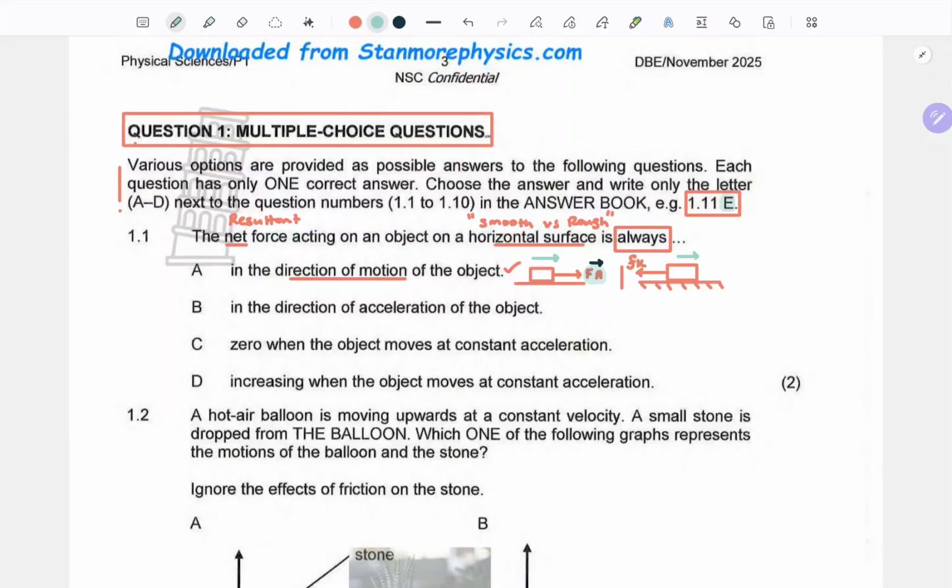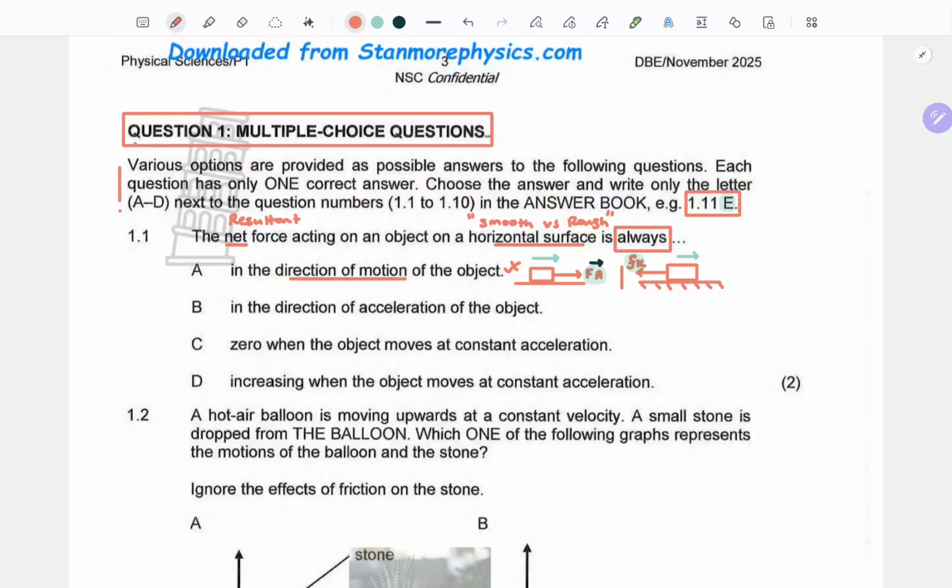Right? But now here's what we realize. We realize that our frictional force is in the opposite direction to that of motion, and it is essentially the resultant force in this case. So we can see that, well, since the surface was not clarified as to which type it is and exactly what was happening in this scenario, we can say that this is both a yes and a no. So this is a partially correct statement, but it's not a situation that we can safely say is always the case.